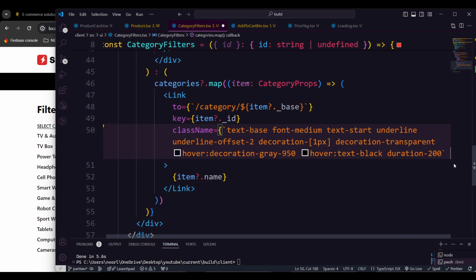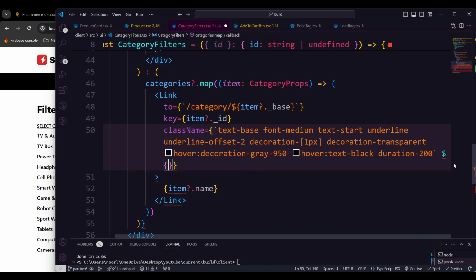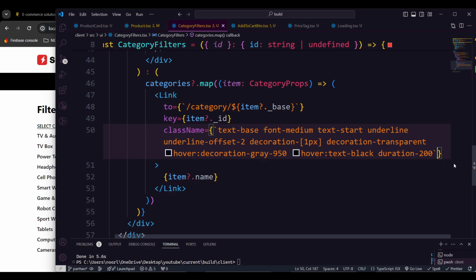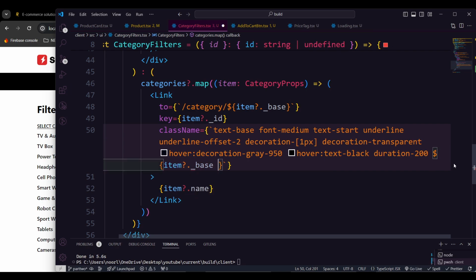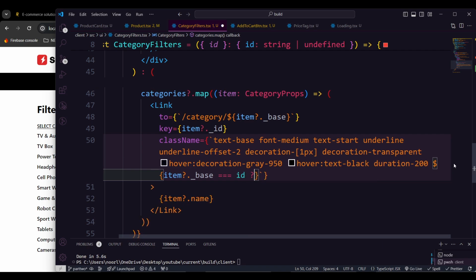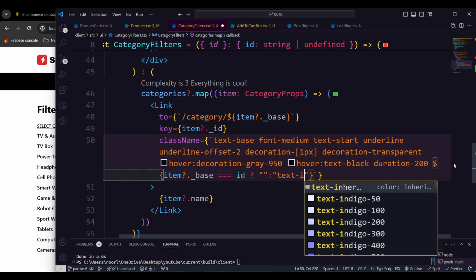So here I'm gonna define one property, which is going to be: if my item dot base is equal to dot id. So okay, I think I'm in the wrong place. Yeah, should be inside of that. Okay, if item dot base is equal to the id that is available here, then it is going to do something. After that it is going to do something. The text should be